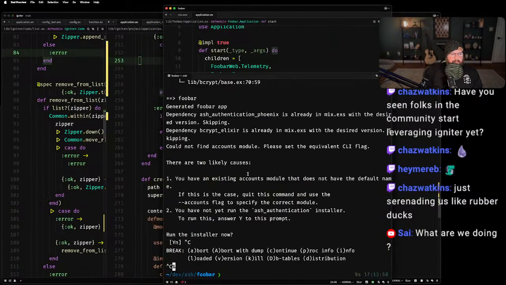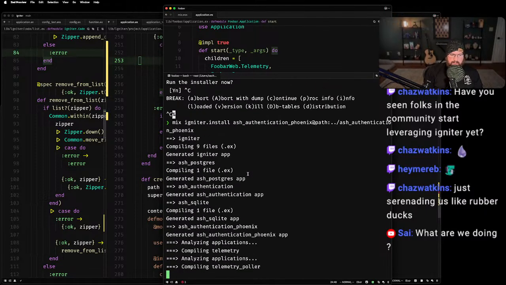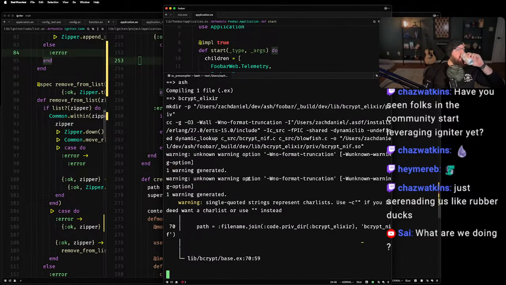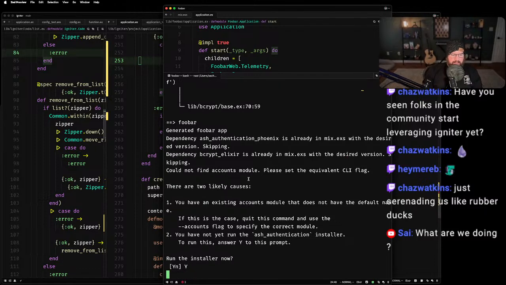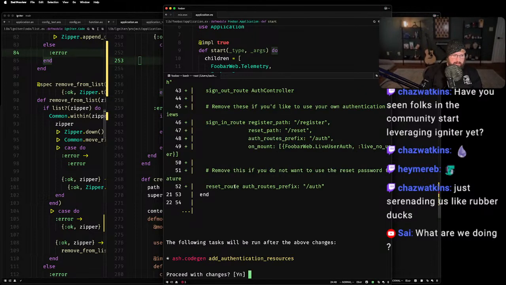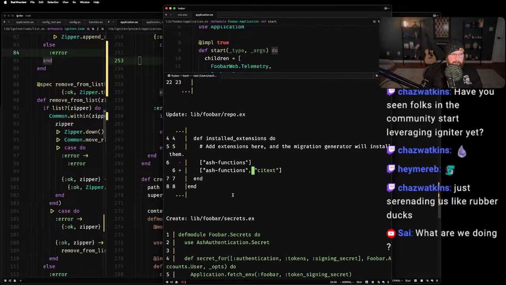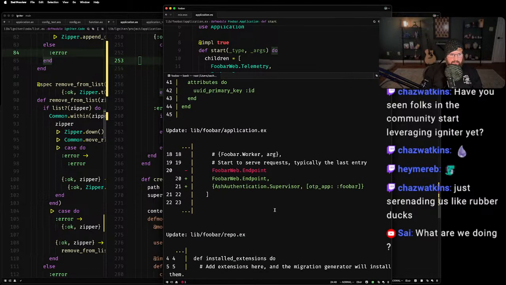So now, if I go back in here and we run this thing, the whole thing that we were doing this entire time is just getting the AshAuthentication Phoenix or AshAuthentication supervisor to go at the last item in the list, and that took a million years. And if it's not right now, I'm gonna lose it. Boom, beautiful, awesome. All right.